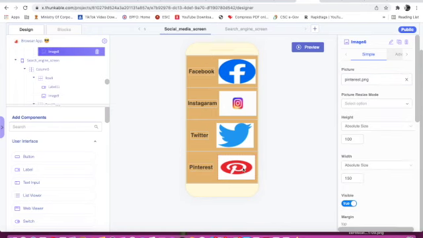This is image 8. So how to do? First of all we have to take 4 columns. Not like that we have to do, we have taken one column, then we have given label and image, then we are taking another row. First of all we have to take 4 rows, then we have to give all the label texts and we have to give images. Now only this much social media screen is there.